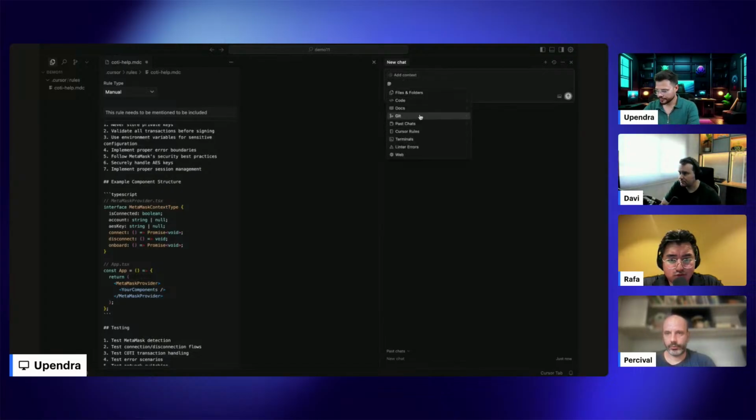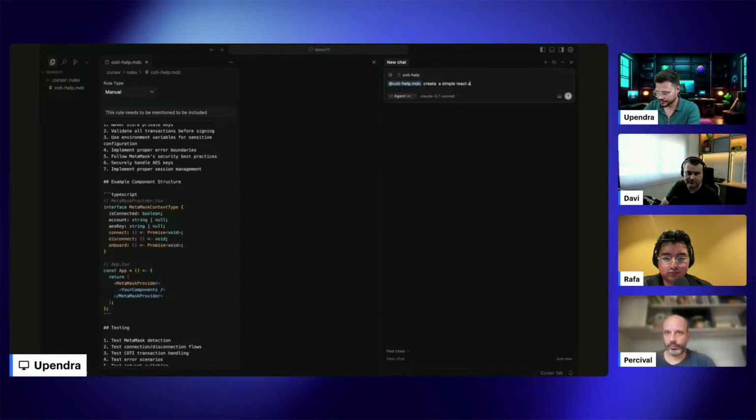So when you come here, it asks you for the folders. We click here, it takes you to the rule. So we have mentioned a rule here. Create a simple React app here which can connect to MetaMask. And